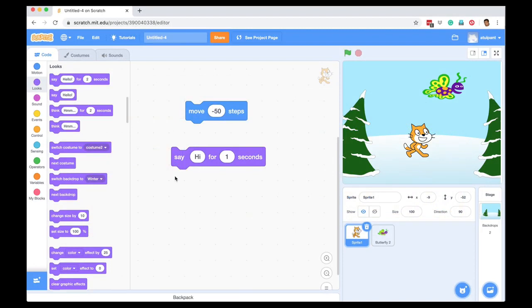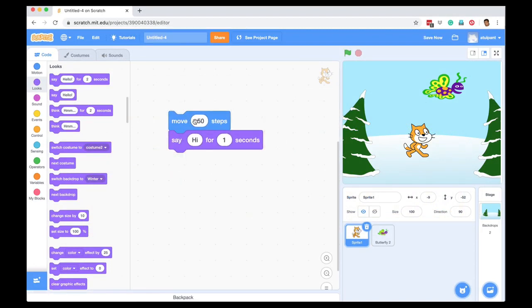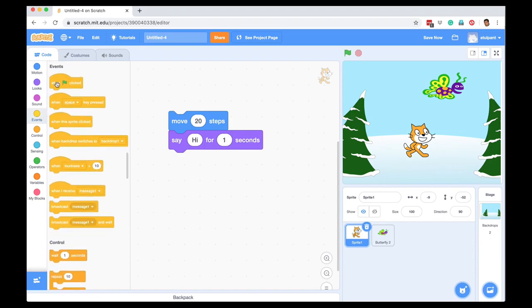So here I am back in Scratch and I have these two commands. One is saying, let's say, move forward 20 steps, and then say hi for 1 second. And I want to tell the computer when to start executing these two statements. So I can go to events, and here there is something called when green flag is clicked. So I can drag and drop this, and these are stack blocks, and as you can see, they will snap